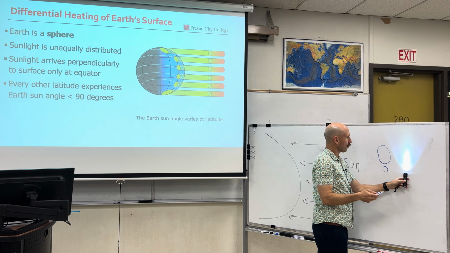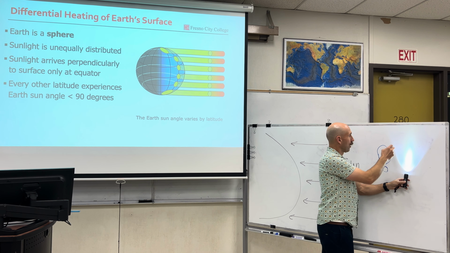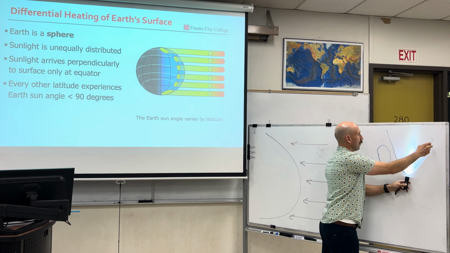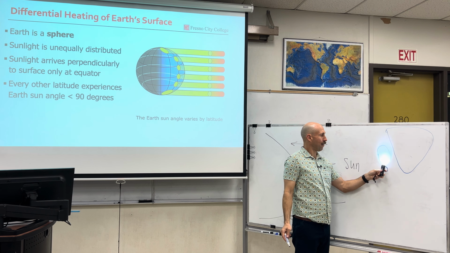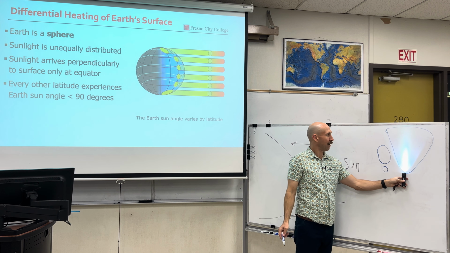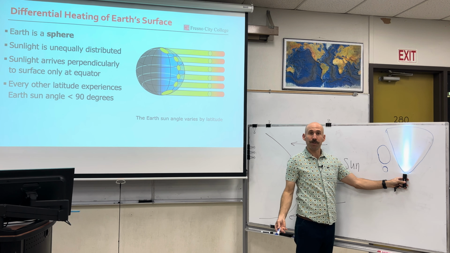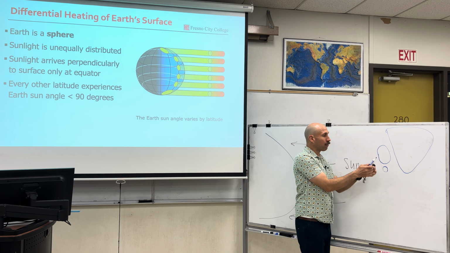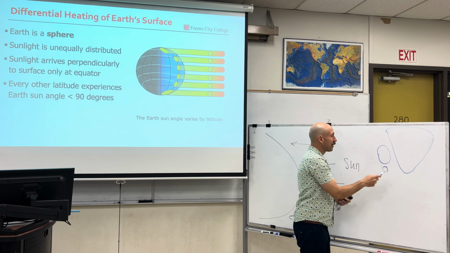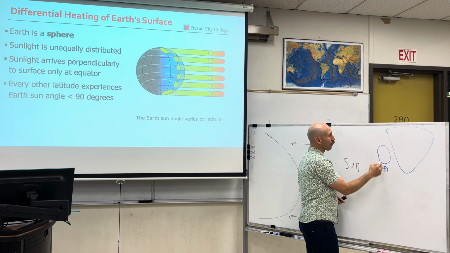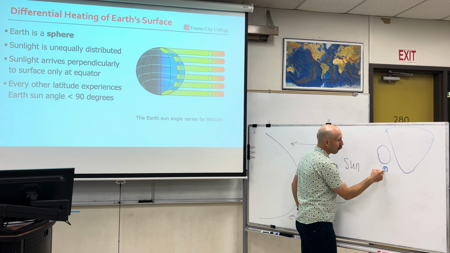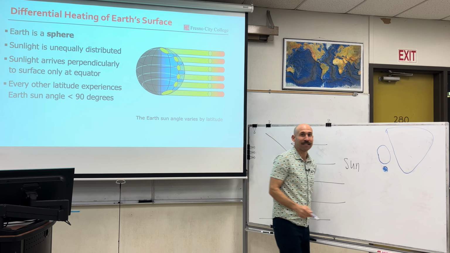I'll go next to it. When I angle it near 90 degrees, it's taking up a greater amount of space. So directly overhead, 45, 90. Do you see that? Same amount of light, but the different angle between the light and the board disperses the light over a greater amount of area, which means that the light over the smaller area is more intense.